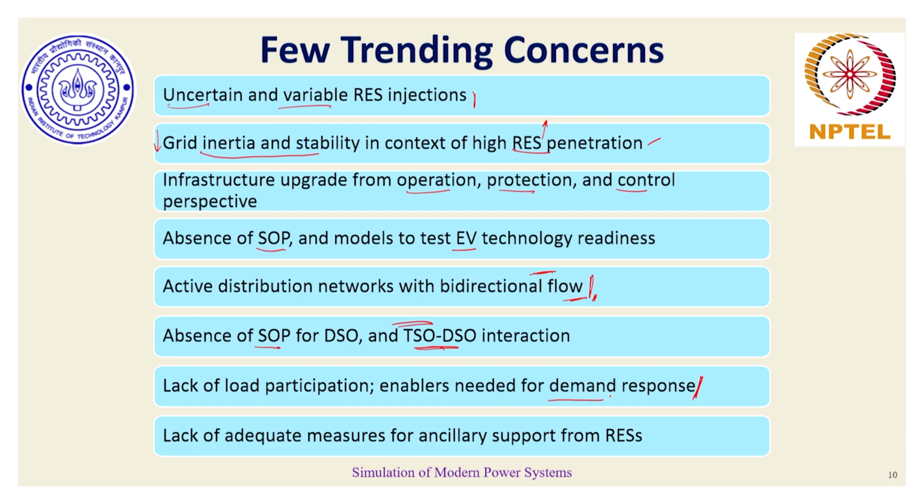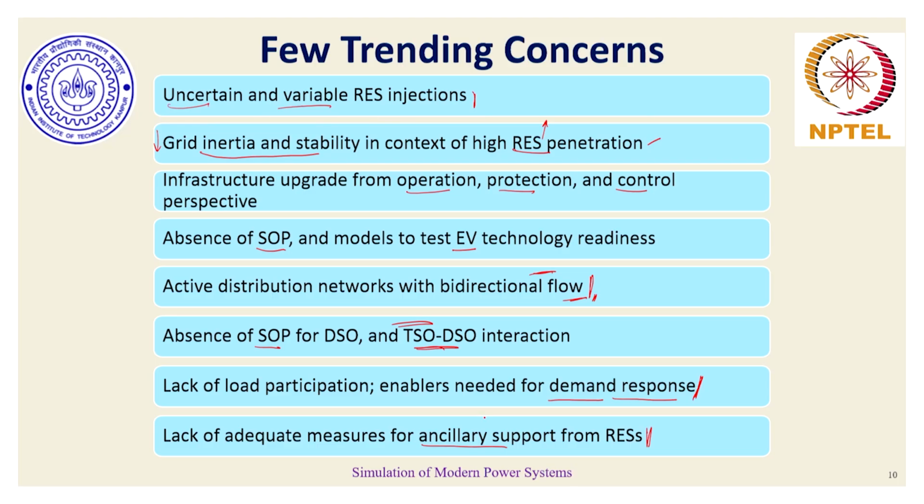Our demand has not been as flexible as it was expected to be. The idea behind demand response is good, but the implementation is still far from realization. We still don't have sufficient measures for ancillary support from renewable energy resources. Ancillary support refers to the capability of a renewable energy generator to provide voltage support, frequency support, endure a disturbance, and reduce congestion. All those capabilities are still not up to the mark